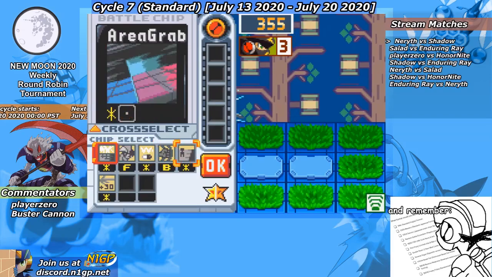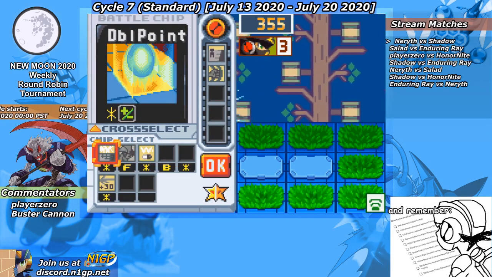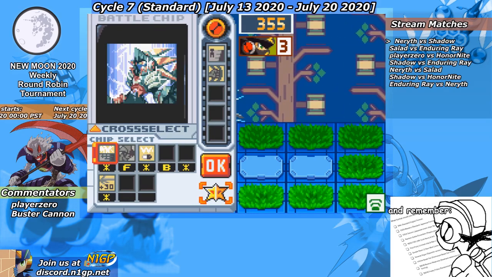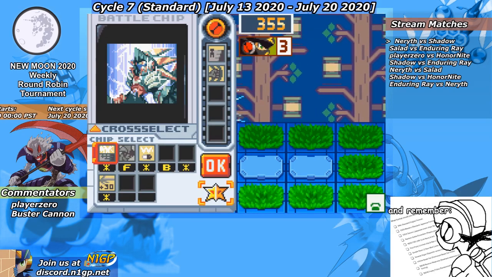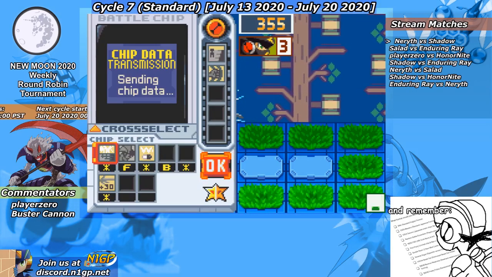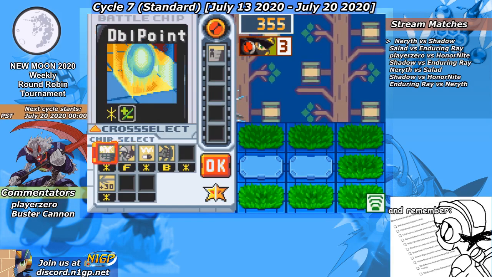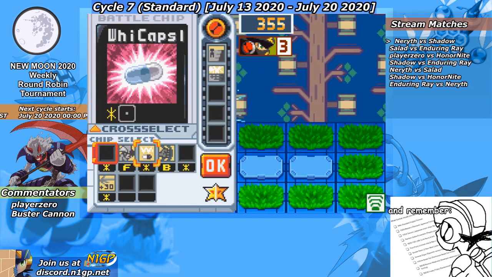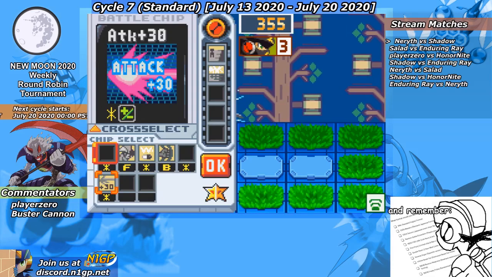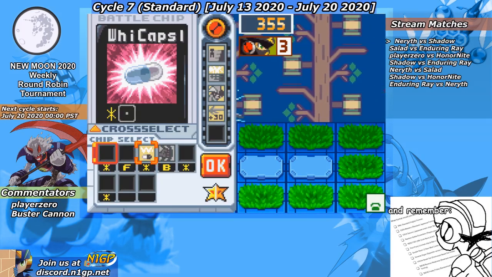So he doesn't have any way of confirming his charge shots. That was still a very good turn for Shadow. He's still almost 1000 HP ahead on Neryth. Yeah, I mean, even with Neryth's hand now, he doesn't really have a way to counter this. Shadow's still in a very good position where he can camp on that holy panel, unless he area grabs him off of it now, but...